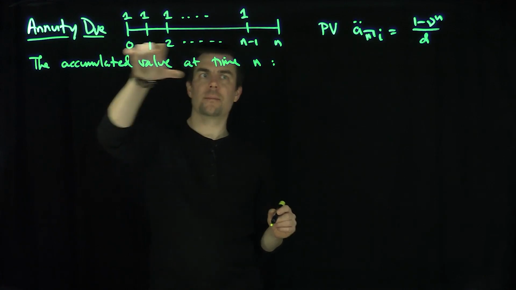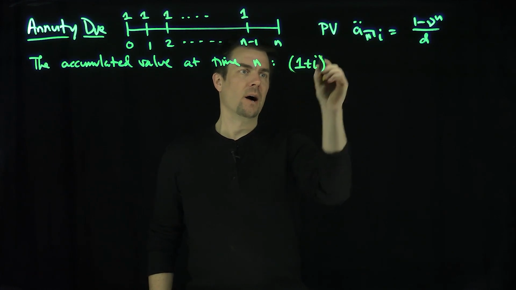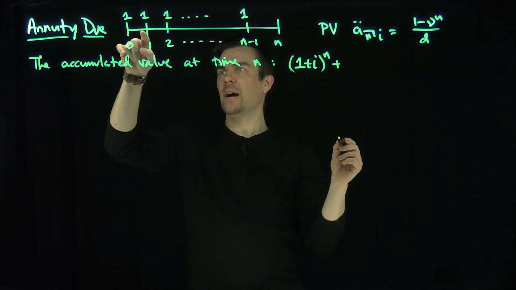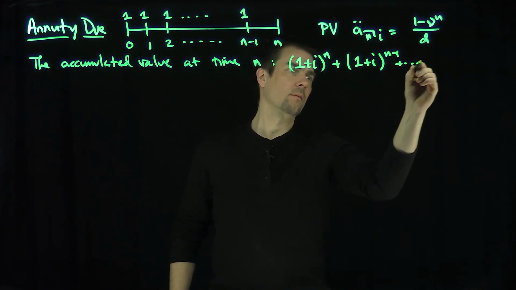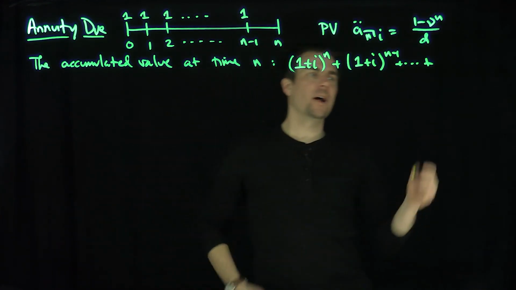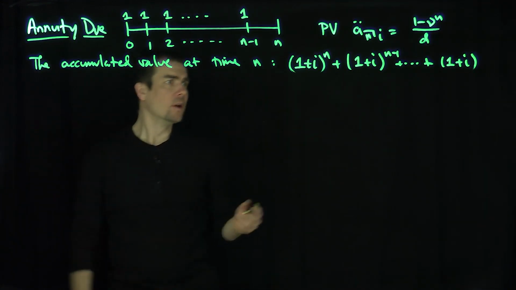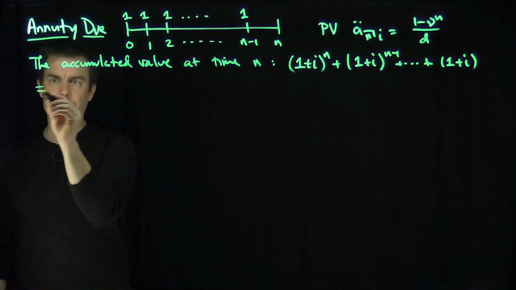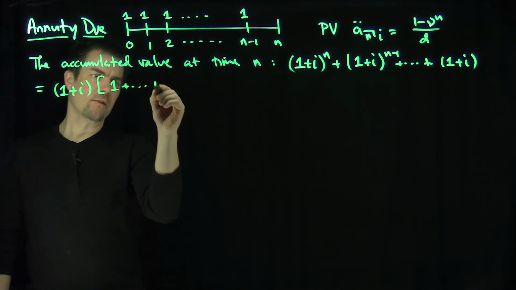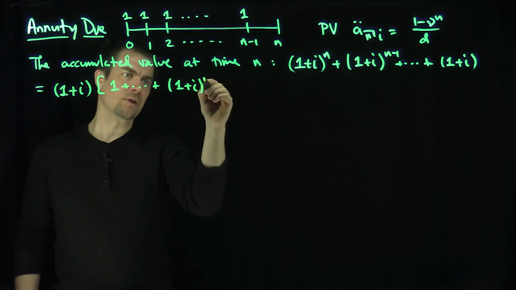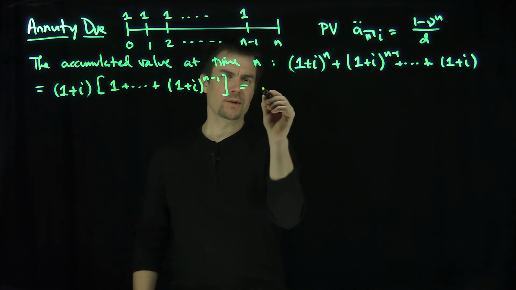Well, this 1 at time 0 has n years to accumulate, so that's going to be 1 plus i to the power n. This 1 over here at time 1 has n minus 1 years, all the way down to this 1 at time n minus 1, which has exactly just 1 year to accumulate, 1 plus i. So that's the accumulated value. This is a geometric progression. I'm going to pull out 1 plus i, and then I'll have a 1 all the way down to 1 plus i to the power n minus 1 over here. Excellent. Now that's a geometric progression, so this is 1 plus i